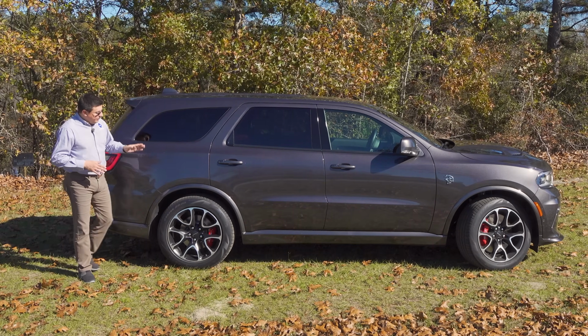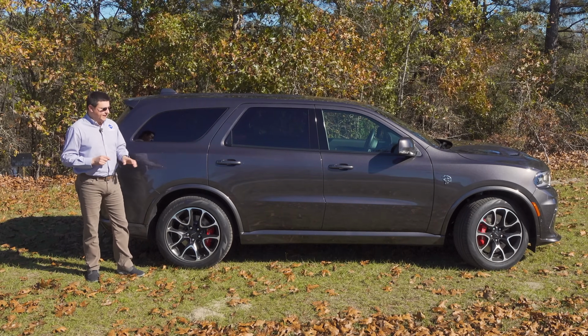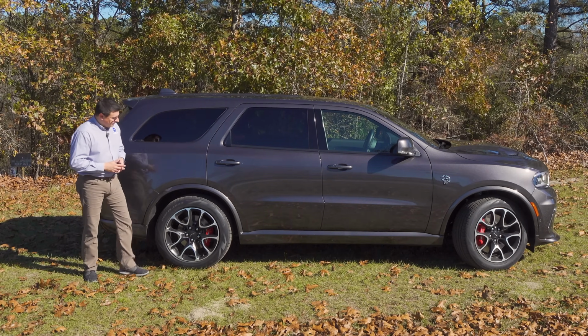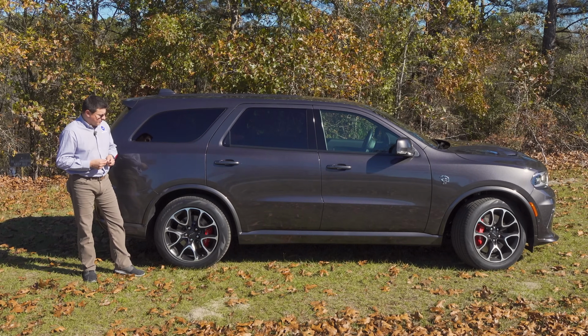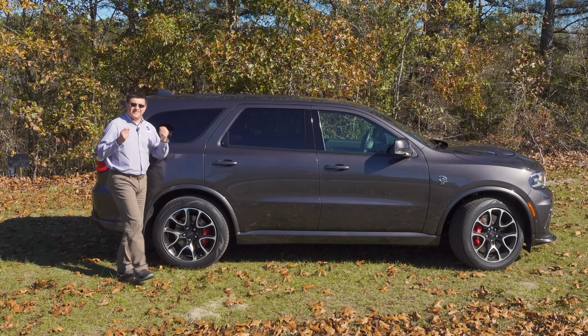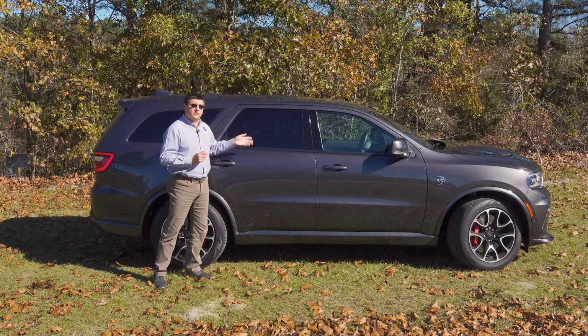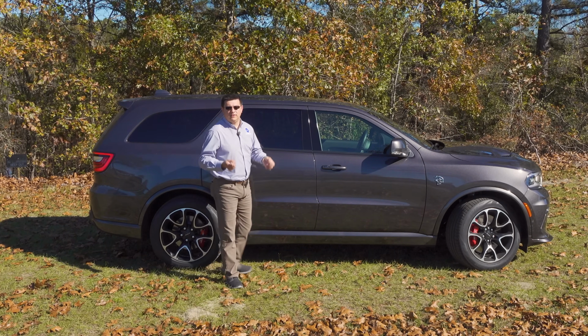as before. We don't even have increased fender flares for the Hellcat model, and that did surprise me a little bit. I sort of expected some tacked-on fender flares when we first heard that there would be a 700 horsepower Durango. That means that we still have 295 width tires, the same width tires that we find on the SRT model. In terms of length, this is just over 200 inches long, putting it on the long side for a